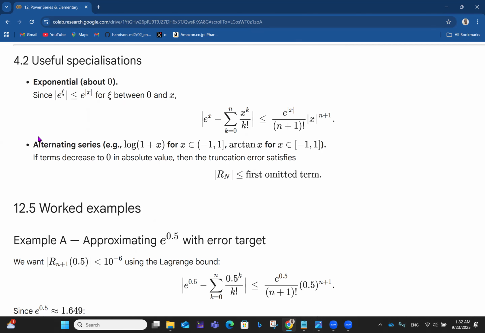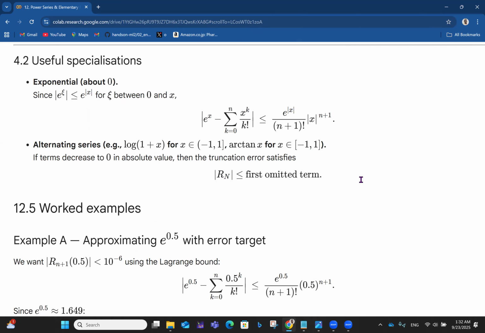And then we have alternating series, e.g. log of 1 plus x for x in minus 1 to 1, arctan x for x in minus 1 to 1. This is a half open, half closed interval, and this is a fully closed interval. So if the terms decrease to 0 in absolute value, then the truncation error satisfies that the absolute value of Rn is less than or equal to the first